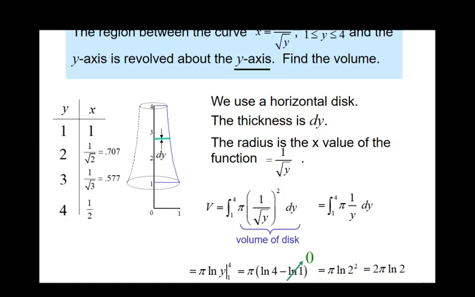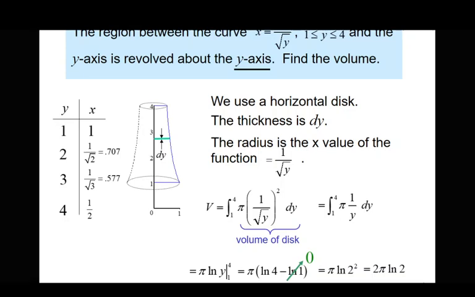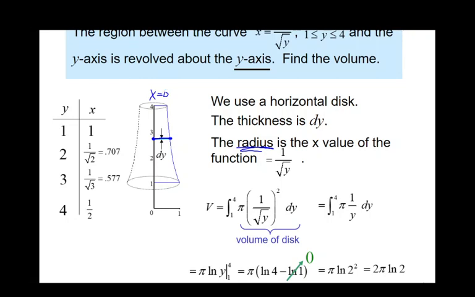Okay? So the hardest part about this is knowing which direction you're going. But also thinking about when we did this, the radius is the right function minus the left. It's still that. But of course, this is x equals 0. That's the y-axis. So it's the right function, 1 over square root of y, minus 0. And that's it. That's rotational volume. Not a very hard concept, but you got to know how to set up